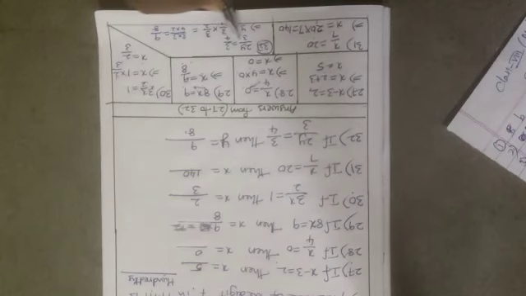2y by 3 equals 3 by 4. Y equals 3 by 4 divided by 2 by 3. See, children, 2 by 3 is in multiplication; it changes to division with its reciprocal, children. So here 2 by 3 changes to 3 by 2. 3 3s are 9, children. 4 2s are 8. We are just multiplying numerator into numerator and denominator into denominator.